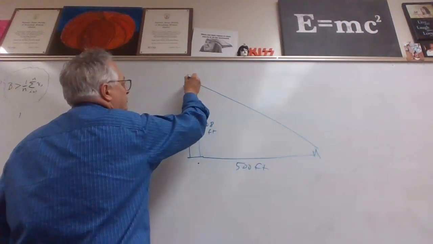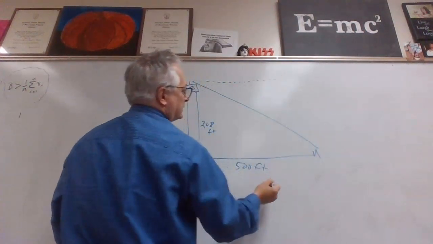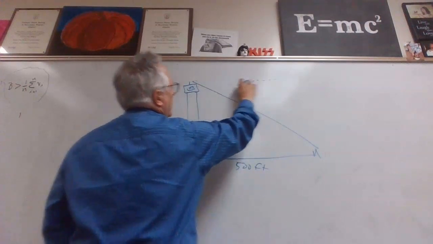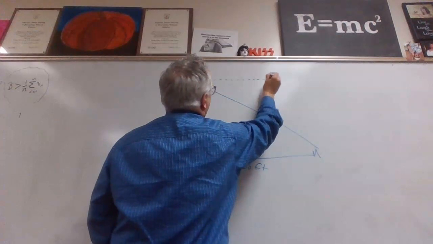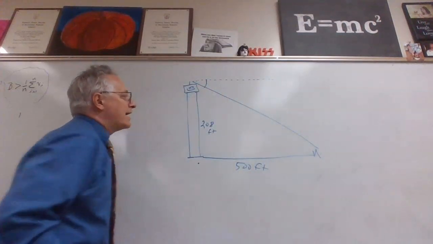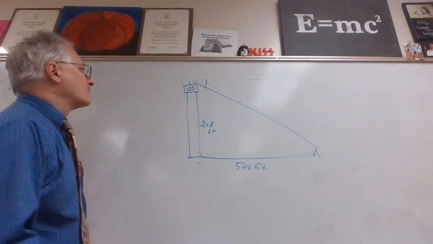Now the angle of depression, that's supposed to be parallel to the ground. Okay, that doesn't look very parallel. So we draw it. That would be the angle of depression. Okay. Now,